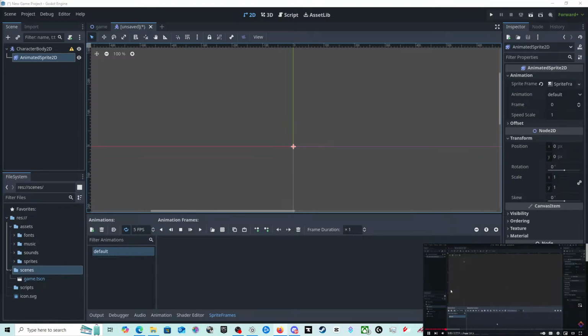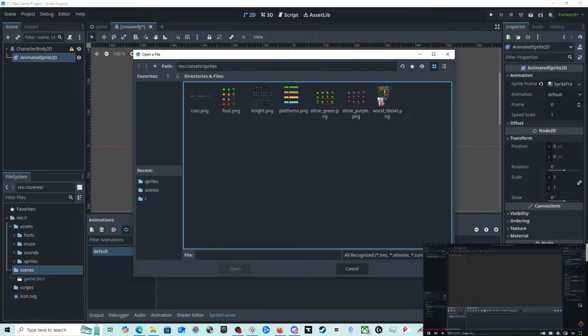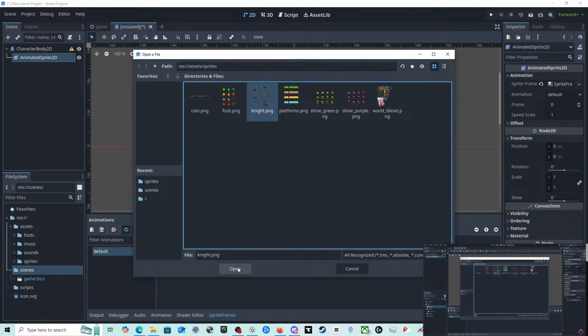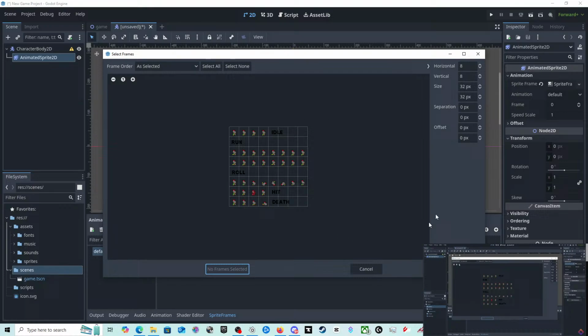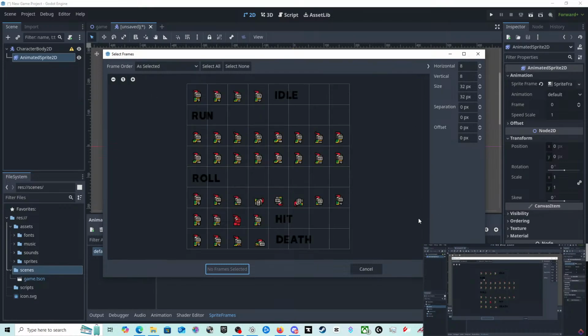This is the sprite frames window at the bottom. And in this window, we're going to press this tiny icon here that lets us add frames from a sprite sheet. So let's click that, go into our assets, under our sprites, and pick the .png. I've gone ahead and packed all the different sprite frames of the knight's animation into a single image. This is called a sprite sheet. It's a very efficient way of working with lots of sprites, such as when doing animation. Otherwise, we would have to create an image for each single frame, which would quickly become an unmanageable amount of files.